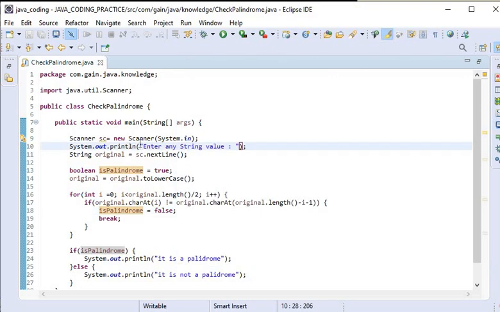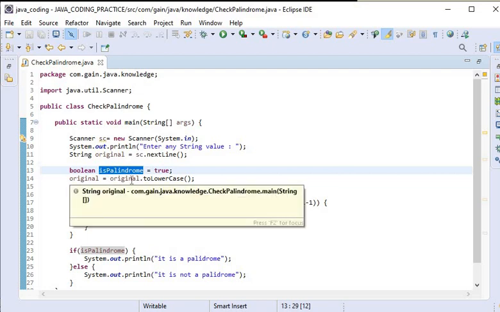Now we will discuss what algorithm we have defined here. First, we have defined one string, and after that we have defined a flag and set its default value as true. After that we converted the string into lowercase to make the comparison not case sensitive.